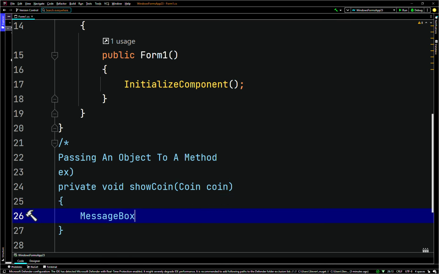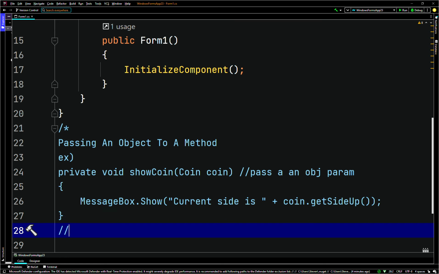Then here, for example, we could have a MessageBox.Show saying the current side is, so we could have a string and then concatenate it, then call coin and another method that we had. So that's just how to pass an object parameter. And then when you want to call this method,